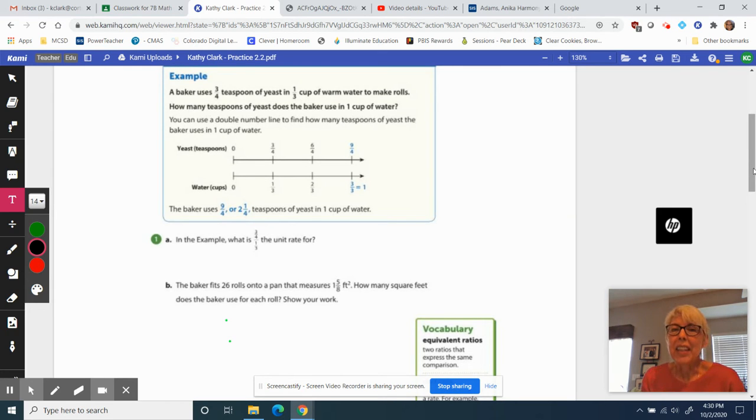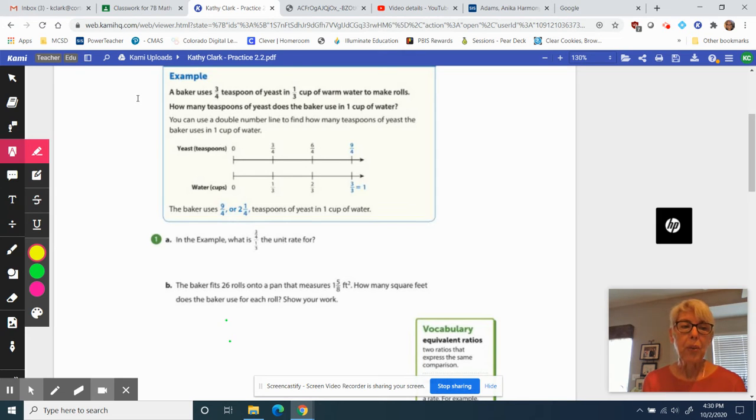Now, I find that the Kami drawing tools are really hard for me to use. That paintbrush or pencil thing, the numbers are huge, they're out of control, and so I find it very difficult. So what I especially like is the markup tool, and I like to use this as we're reading through the